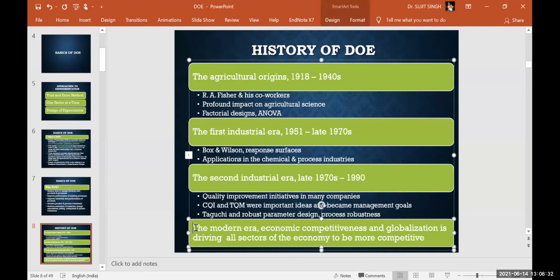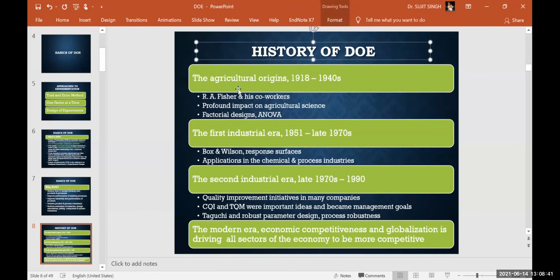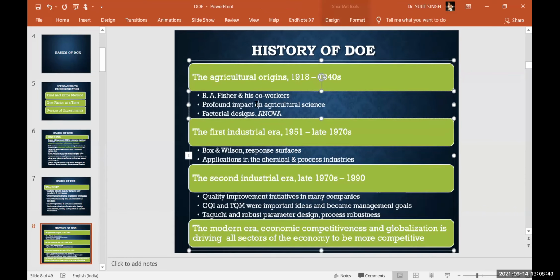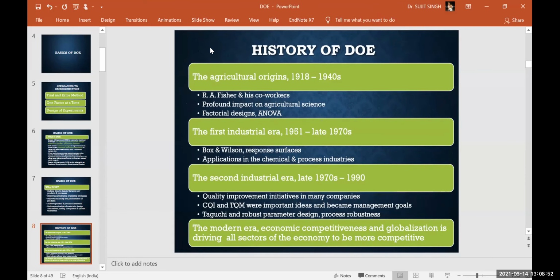We want to connect a relationship between the input and output variable. We may use the design of experiment, right?